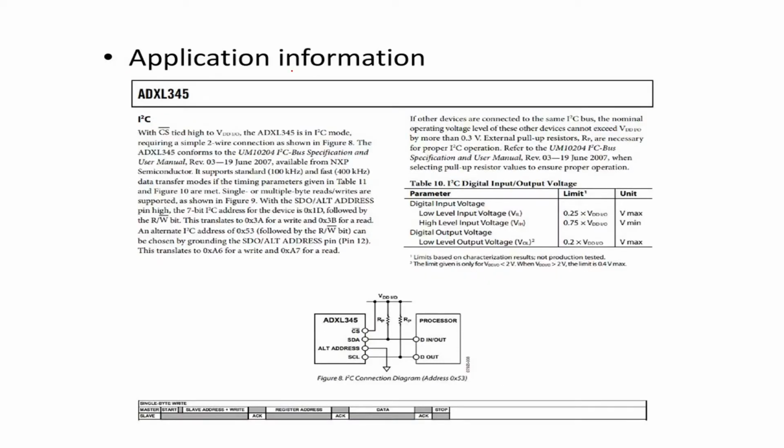Then you can have application information. Say for example here I2C you have seen. Okay, so I2C is an interfacing whatever you are going to do, and for that, what is the application? The description is given here. Okay, and its parameter and limits and units are given here, and here you have shown a circuit diagram where I2C is connected to addresses. So like that, you can see the application information also in your data sheet for that particular component or device or system.